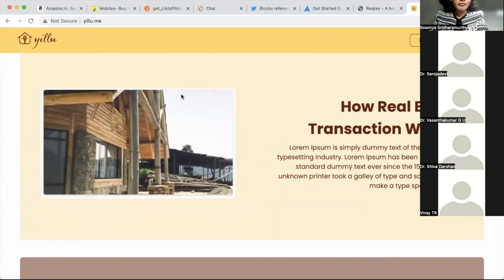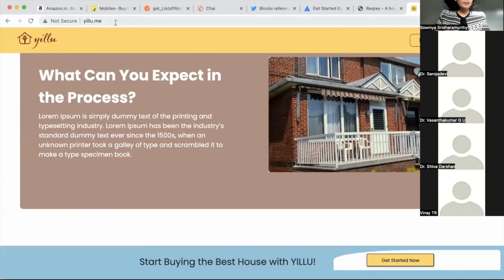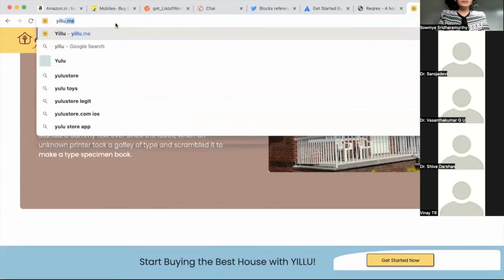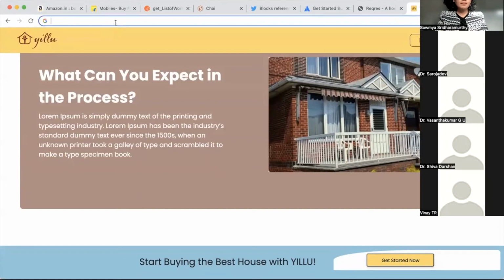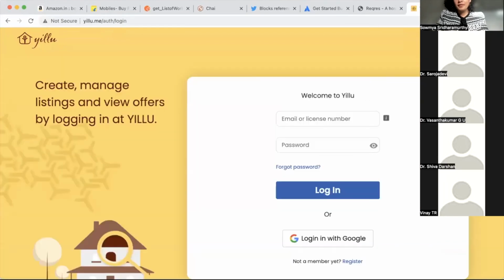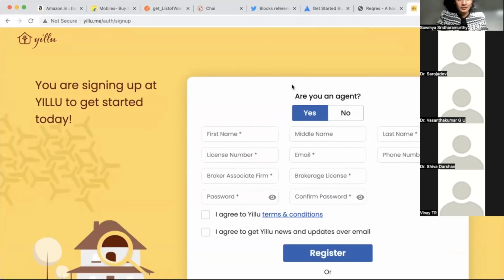So do they have the API documentation? No, ma'am. I'm just trying to figure out how to do the login or register. Okay, so first, did you register here? Yes, ma'am. So once you register,